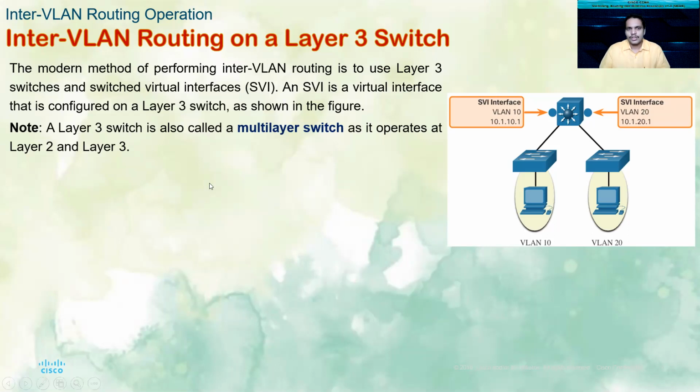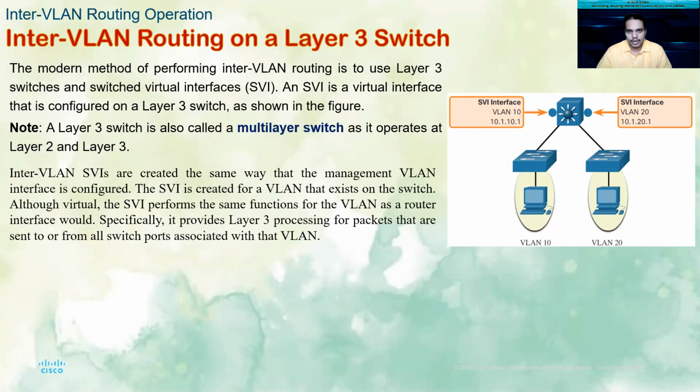And what happens is, this is a little bit simpler. For however many VLANs you need to support on the switch, you simply create that many SVI interfaces. That's all. In this diagram, I have 2 VLANs, so I need to create 2 SVIs, switch virtual interfaces, and assign the VLANs to these interfaces. Now, how do you create these SVI interfaces? The same way you have been creating them from our module 1. You enter the interface number, give the IP address assignment using the IP address and the subnet mask, and then type in no shutdown.